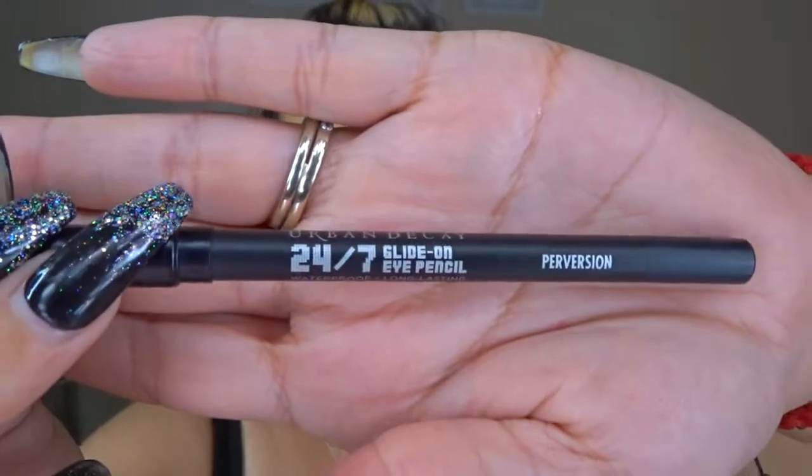24/7 Urban Decay, and this one is Perversion. And this is going to be going on my waterline. I want to go in with no beans. No beans. It's still between that orange shade that I have going on my crease, but not too popping, not too...